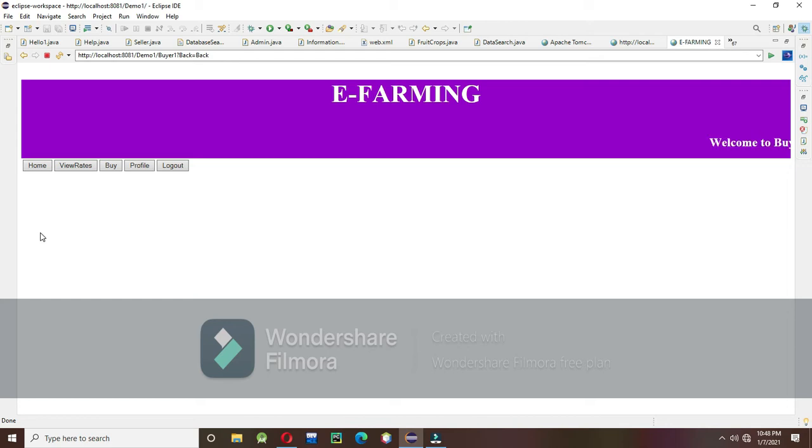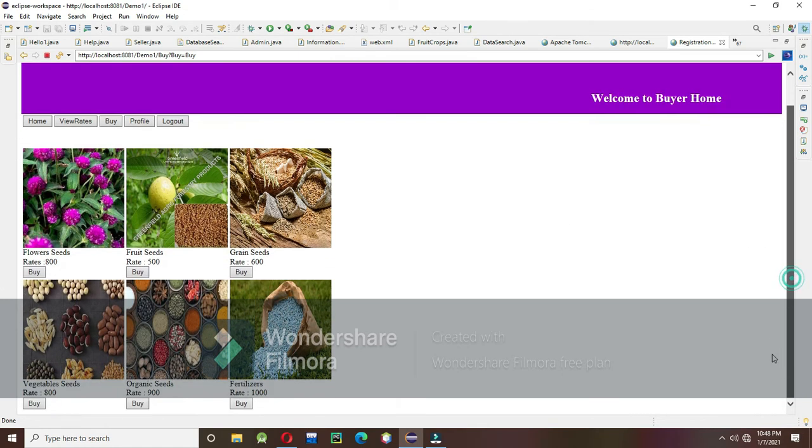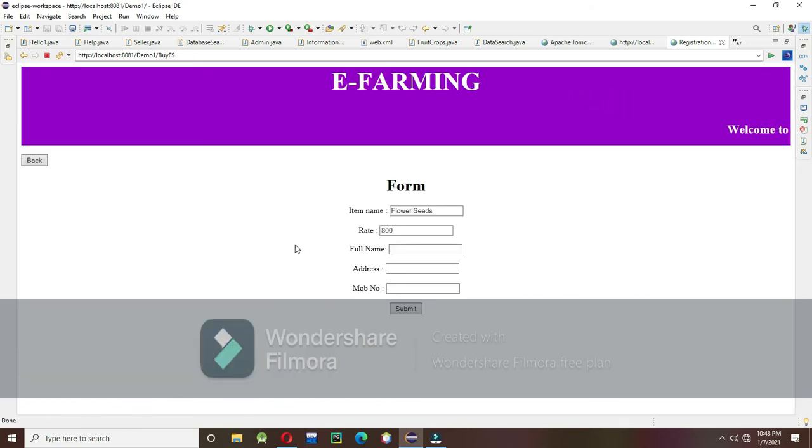So that the user can buy the item, another page present in the buyer page is buy. In this page there are multiple products or items available to buy. When the user buys any item, the user has to fill one form of personal details. In this form the user has to fill the name, address and mobile number details.